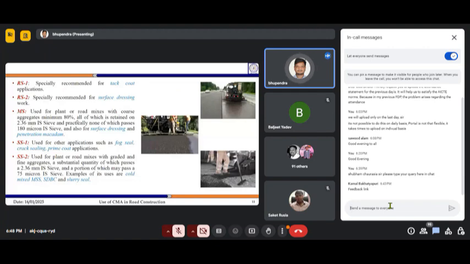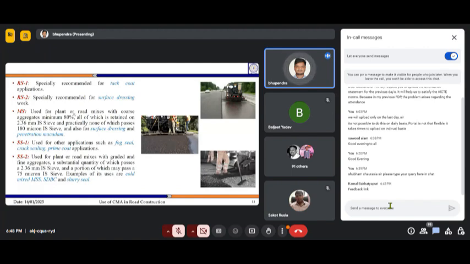So more than 80% coarse aggregate should be there, and a very small amount of fine aggregate can be there, and very fine filler particles should not be there. Okay, and it is also used for surface dressing and penetration macadam purposes only. So you can imagine when there are no proper fine aggregates and no filler material, then it cannot be used for proper bituminous mixtures.